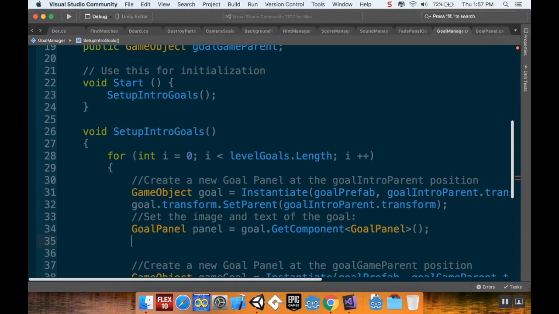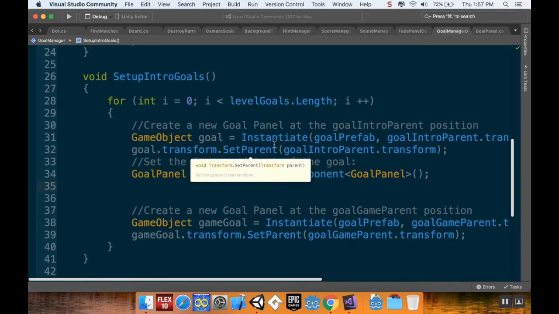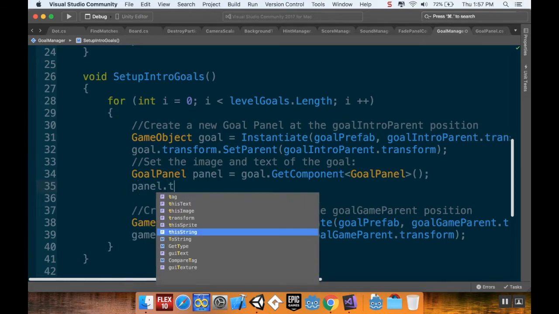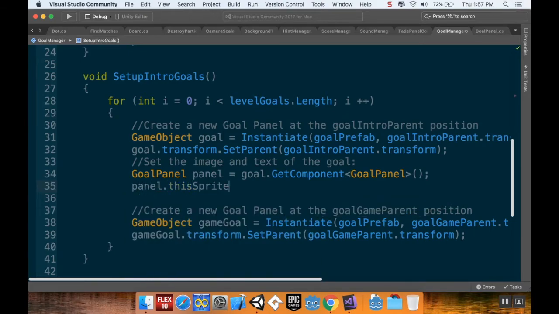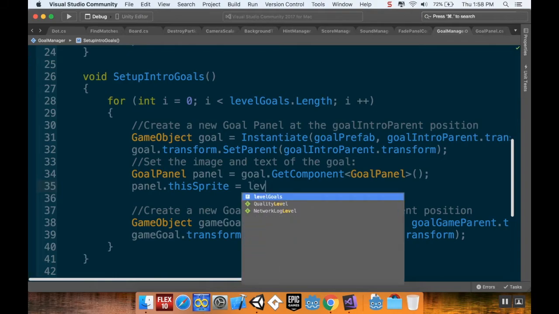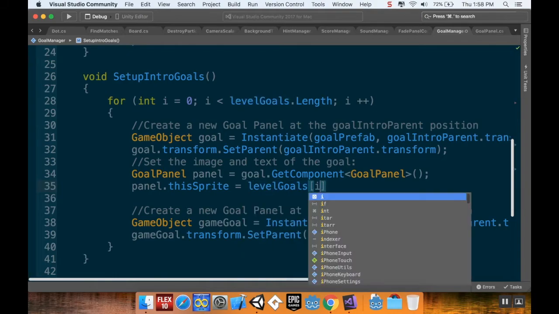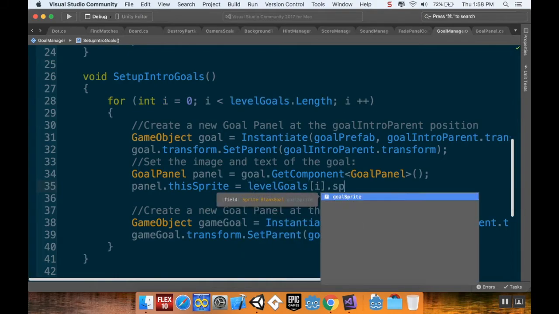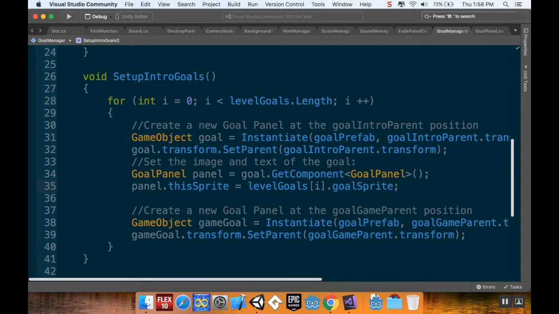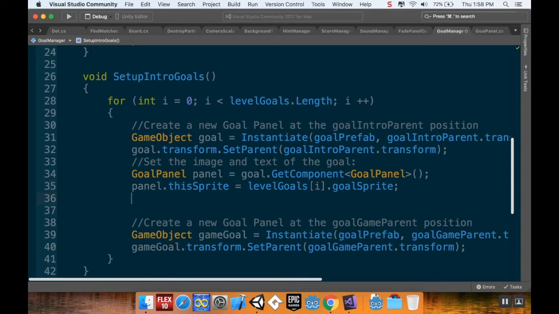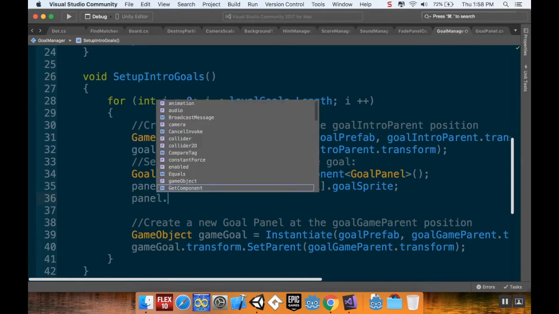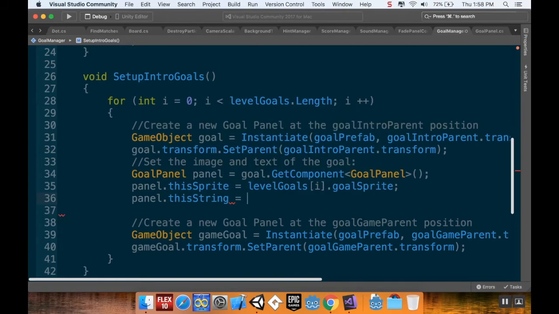Let me just separate with some white space here between these. So now I want to say panel.thisSprite is equal to level goals I dot goal sprite. So that's going to set its sprite correctly. And then I also want to say panel.thisString is equal to